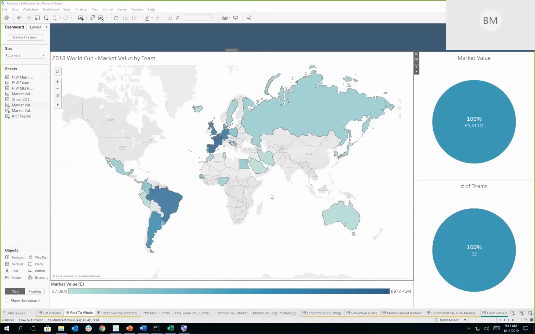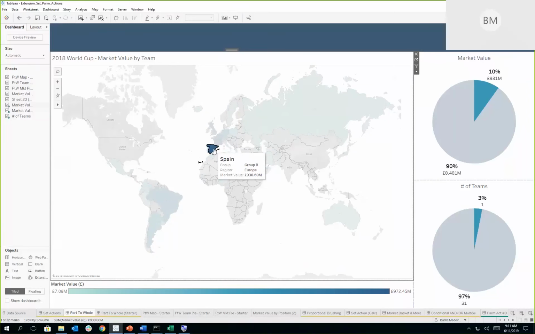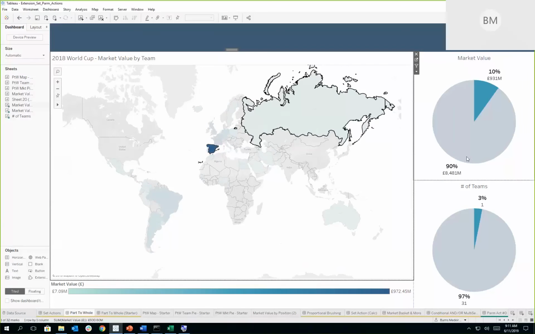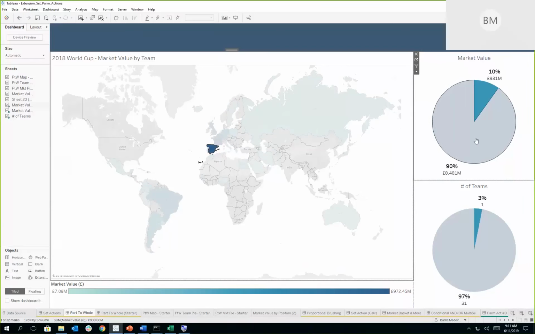And so what I can do is, as I start to select, say, Spain, and I want to just hone in on here, I can get a great comparison. So, prior to this, if it was a filter, it would just always show 100% here. But now I'm passing Spain as a value and looking at how that proportionally exists across the whole. So I can see that 10% of my entire market value